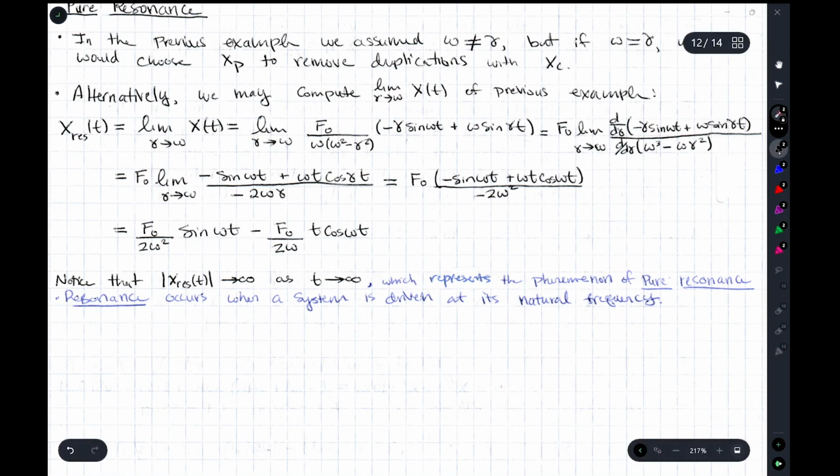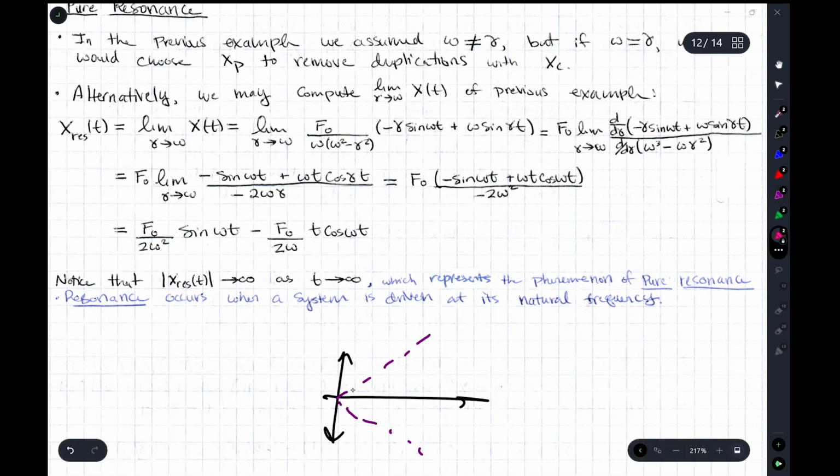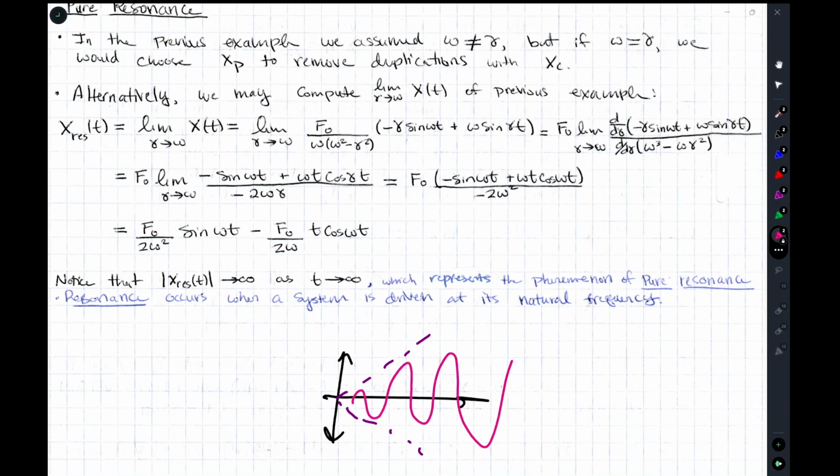So you could think about this t term as an envelope where, instead of having exponential damping for an underdamped system, here you're actually getting this envelope that's growing as t, and you're getting this kind of growing. Now, what would happen in a real system is eventually the spring will just break,